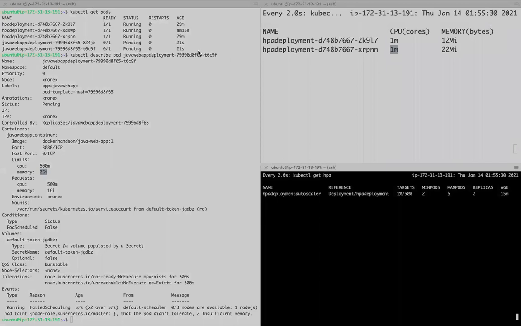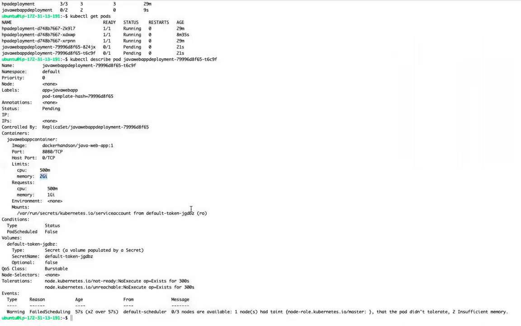Now, if you want to send a notification based on Kubernetes events, you need to have Prometheus deployed. Whenever your pod is in a pending state, you can trigger a notification.